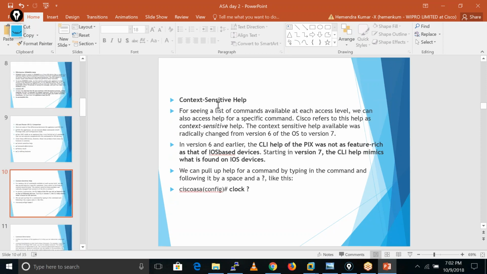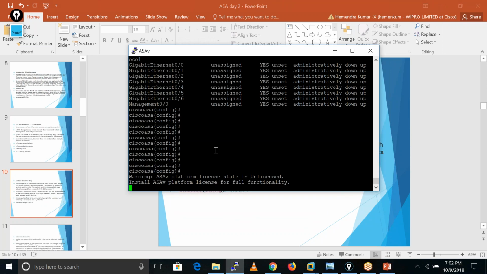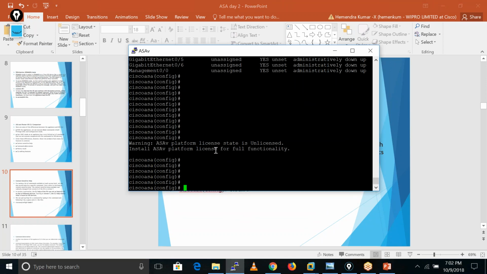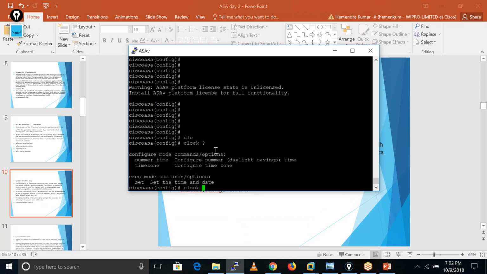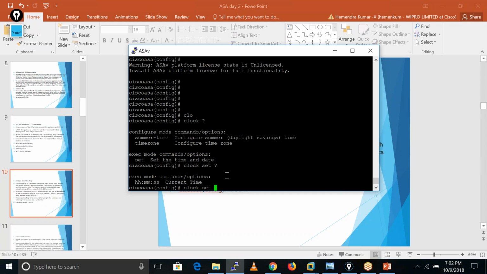If we want to get context sensitive help, in that case we run the question mark. Let's suppose I want to set the clock in my ASA. I don't know the exact command, so I run the question mark. After that I have a set keyword. After set we have hour, minute, and second, so I can define them. Same for date.